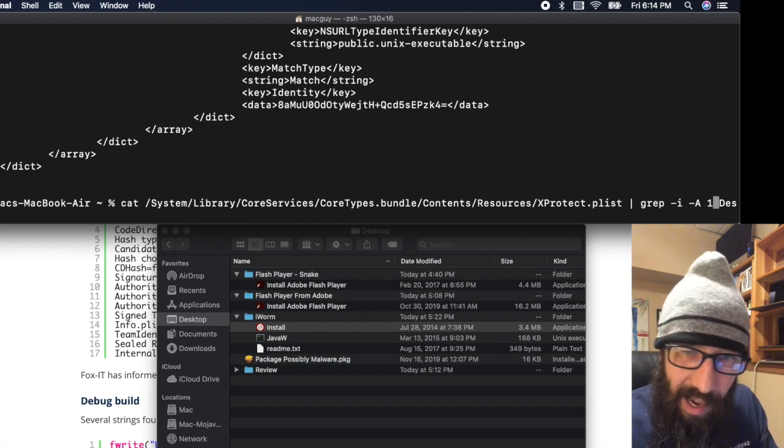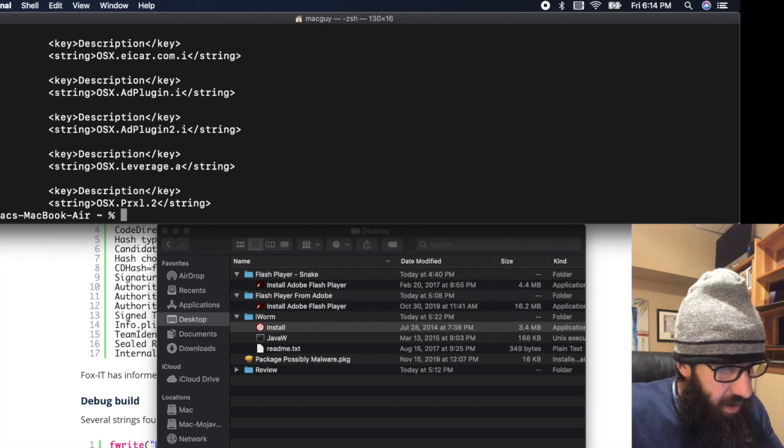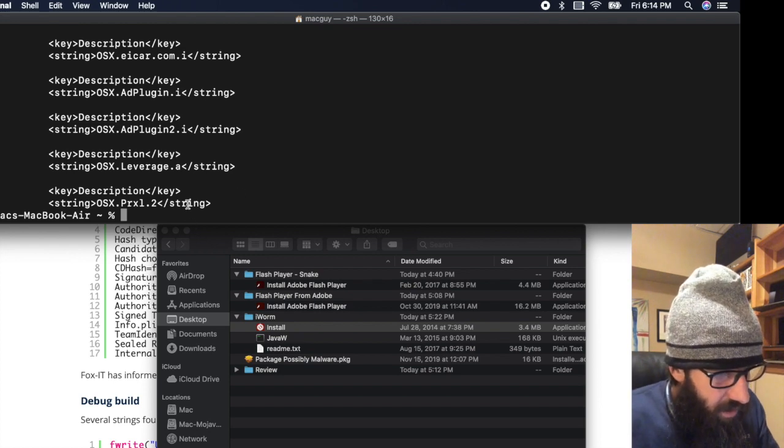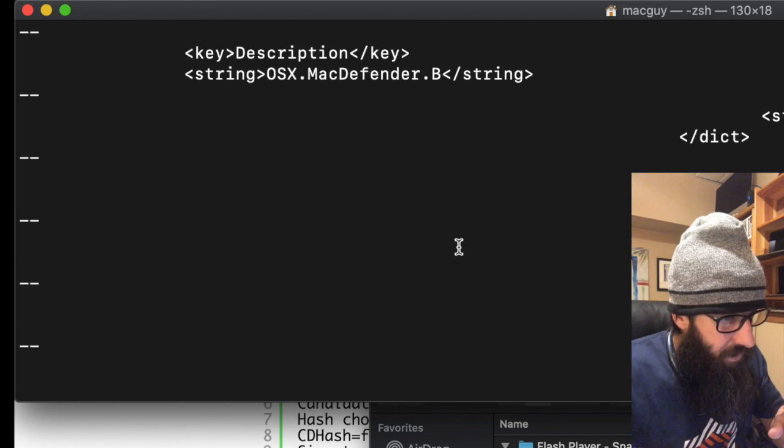I want to grab the line after description, and I'm going to hit enter, and this is going to give us our list of malware